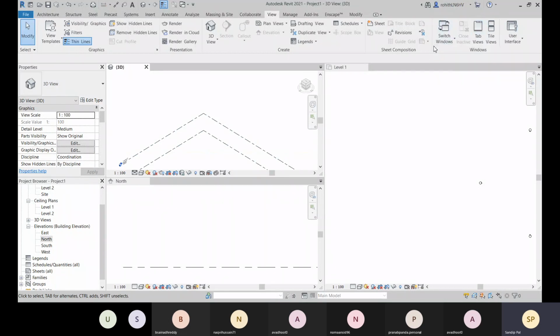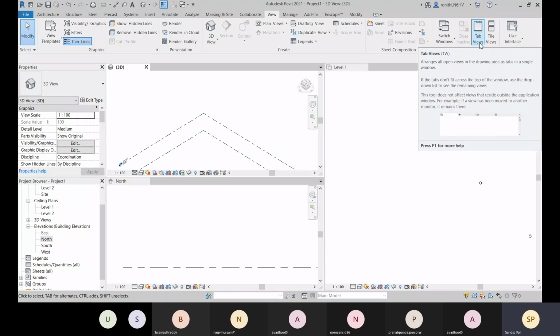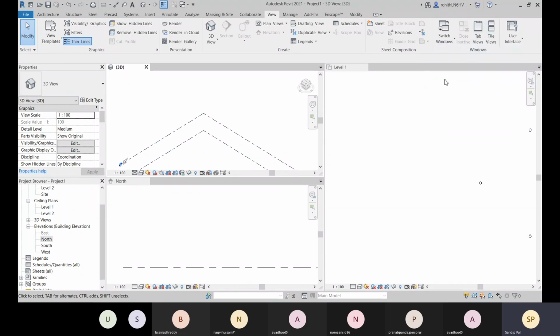In later versions like 2017 or 18, you may not have this tab views or tile views. Tile views are available in the previous versions. For that, what we had to do is click on this switch windows, and you can switch to 3D, you can switch to elevation, and this way.